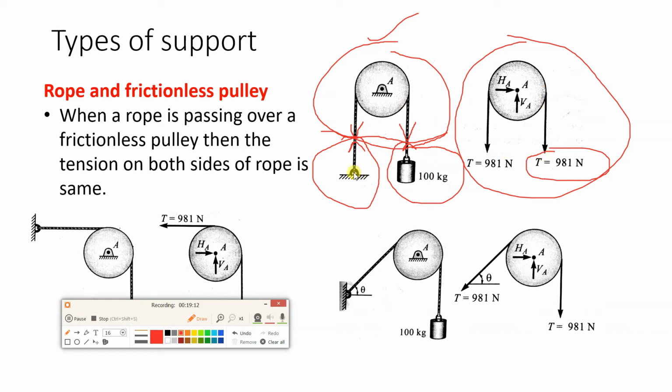Okay, now since here the rope is fixed, in this rope also you will have tension and the magnitude of tension will be the same. Then only this rope will be in equilibrium, right? Otherwise what will happen if this weight is more? This might break and the weight will fall down immediately. Okay, but that is not the case over here. This weight is being balanced. Okay, the system is in equilibrium. We are talking about equilibrium. Okay, so that is why if here we have 981 Newton, here also we will have 981 Newton.